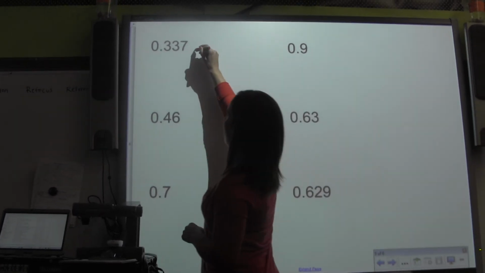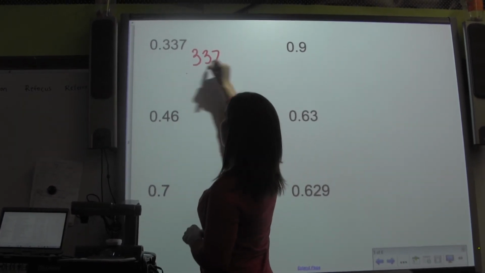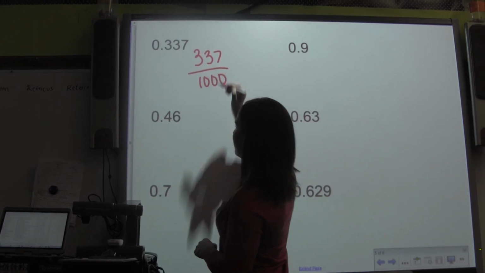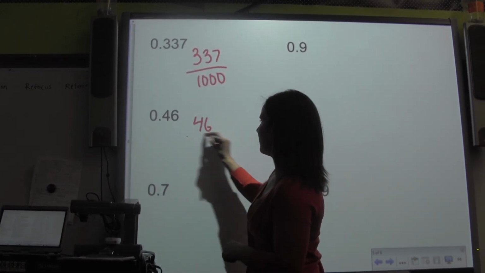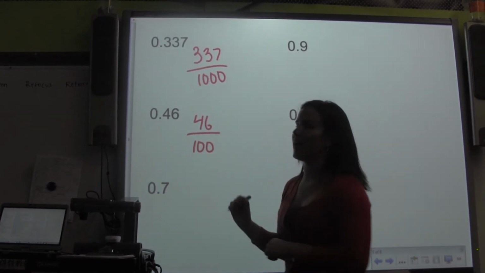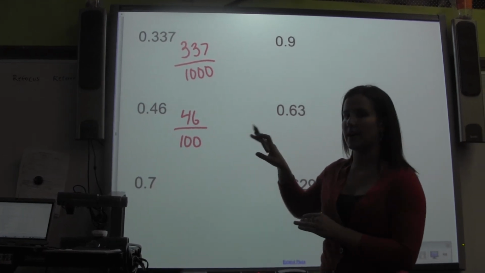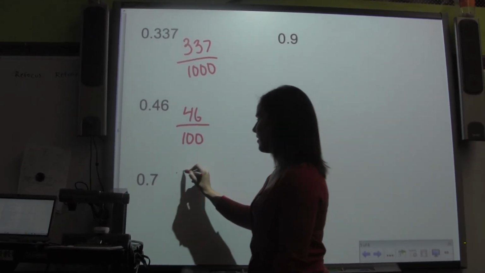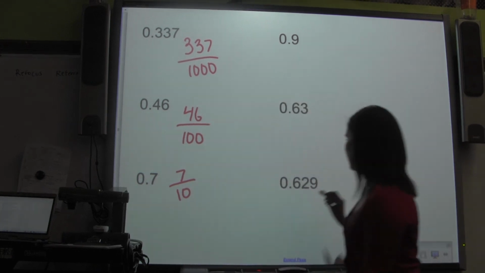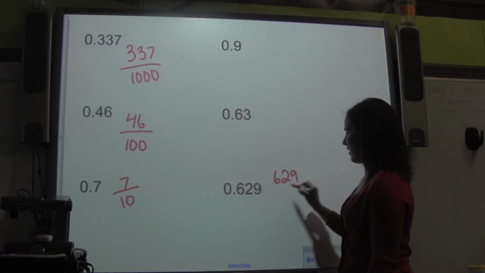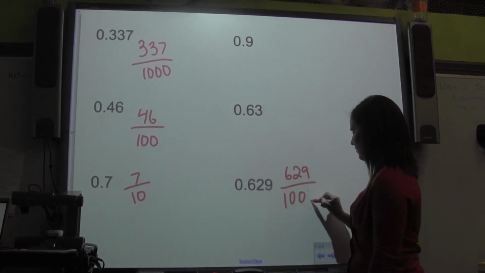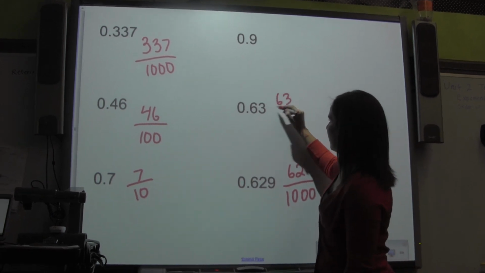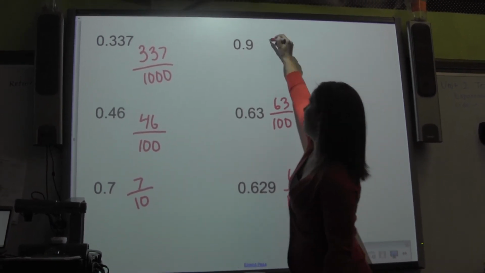So we have 337 thousandths, 46 hundredths, which can be reduced. I'm not going to take the time right now, but we could reduce that fraction. 7 tenths, 629 thousandths, 63 hundredths, and 9